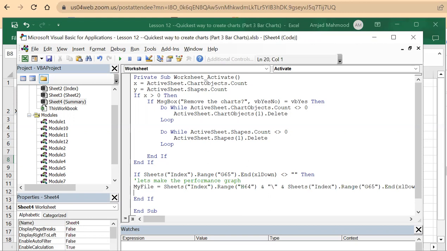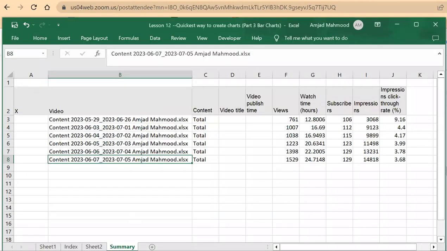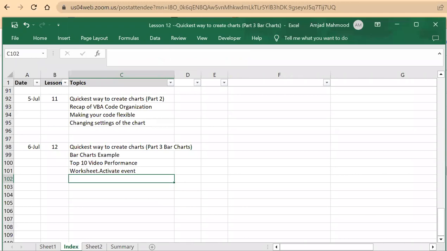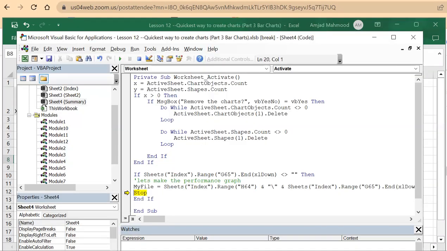If you want to see how it goes so far, many times you want to say stop. Let's say we say stop, so that we see how our code is running so far. So let's go out of the scene now. As soon as we enter into the summary sheet, it has stopped, and it has brought my file. This is the my file which is going to be opened,